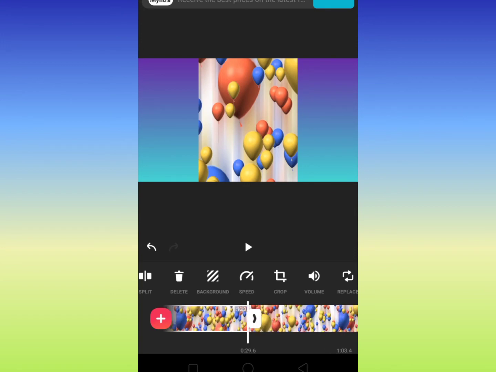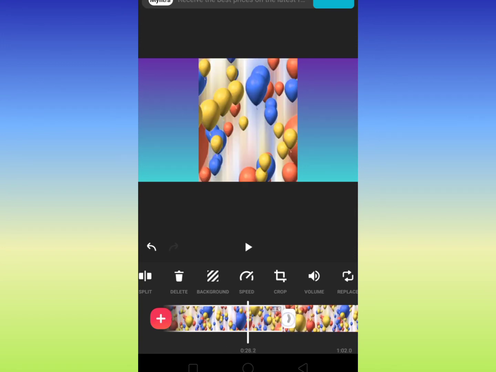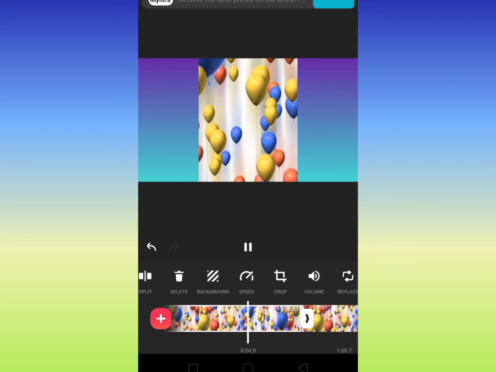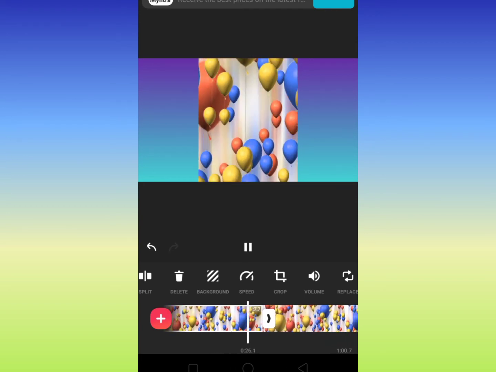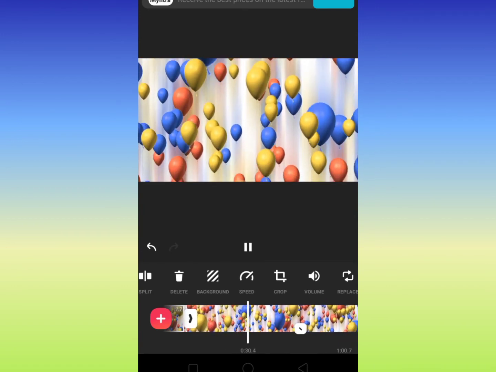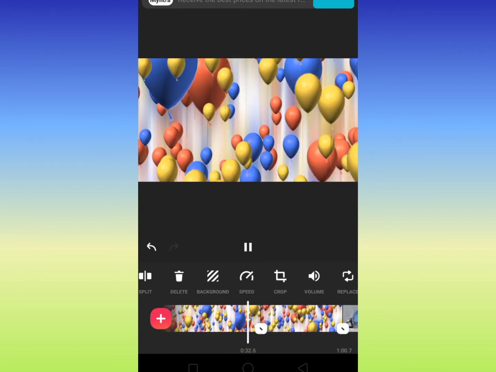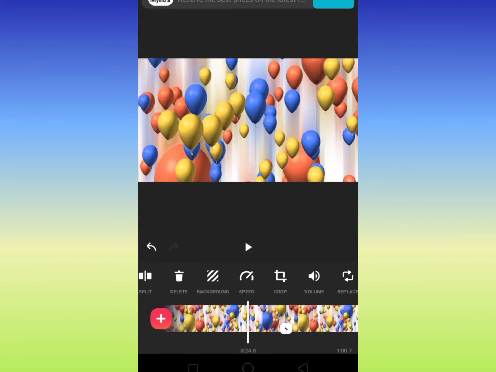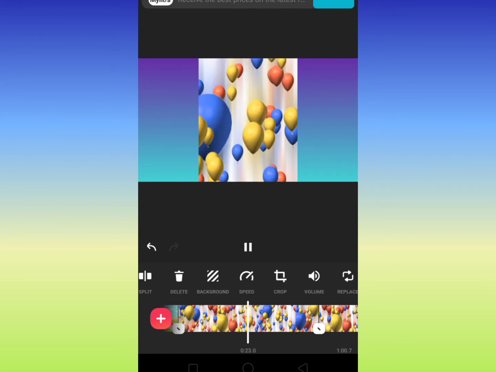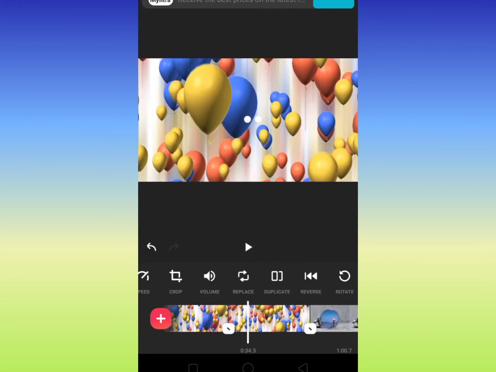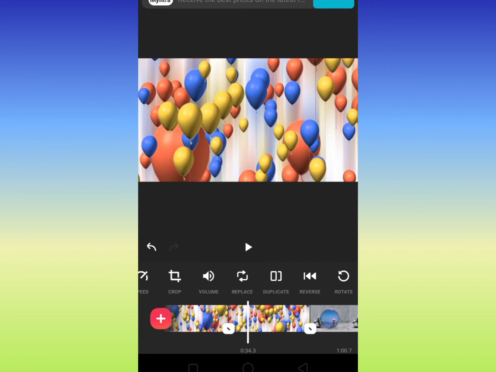So I have just done this for one particular clip, and you can increase and decrease with these arrows in your timeline. So these are some of the advanced editing which is very comfortable in InShot, and I really liked these features in InShot. So let's move on to something else which we can explore now.